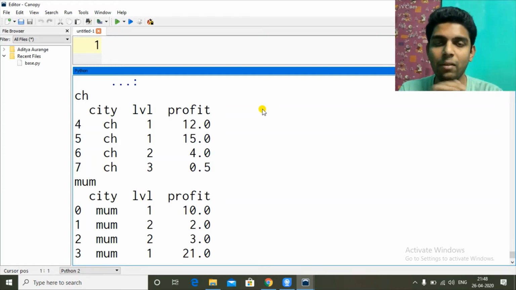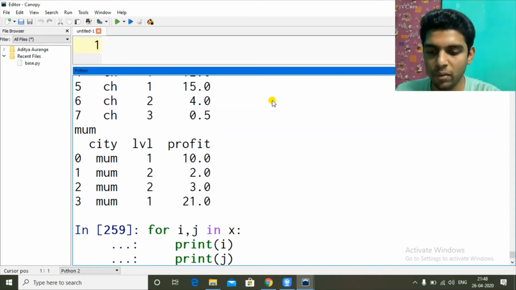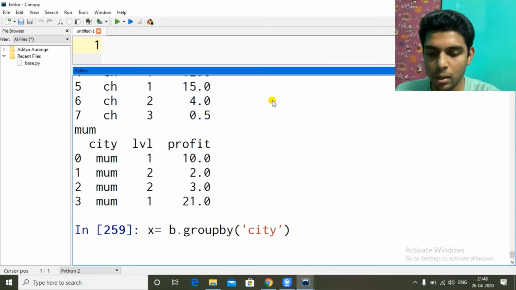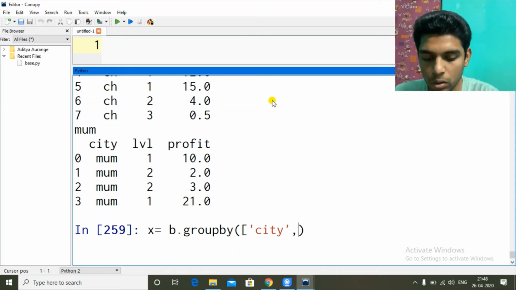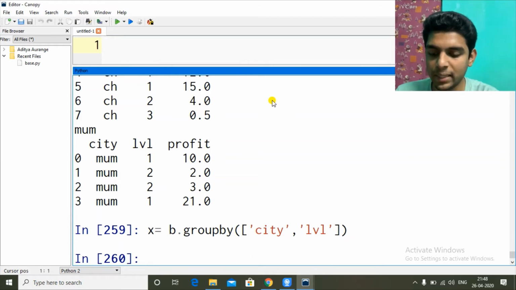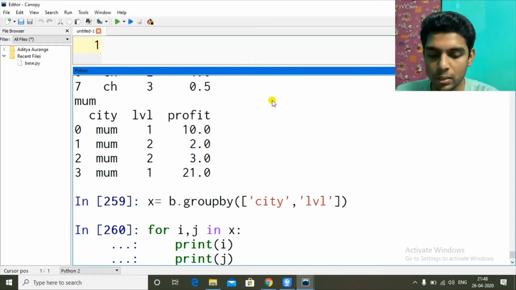But for each level wise, how can we group the data? Same, we will use this command, but instead of only city, we will give city as well as level. Okay. So my data is created. Now if I go through this,